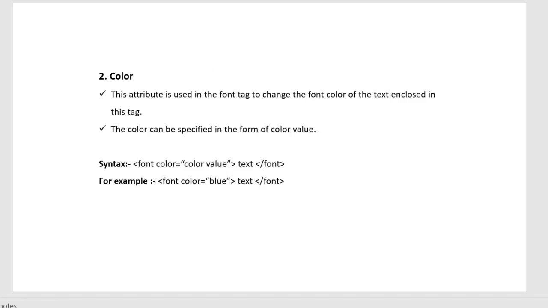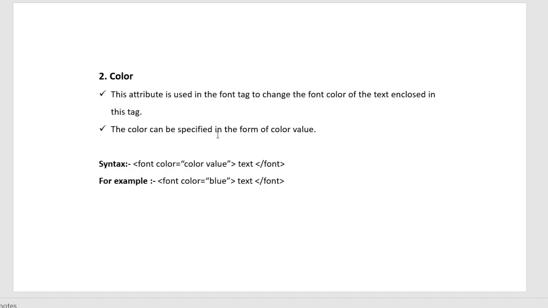The next attribute of this font tag is color. Color is simply used to change the color of your text. This attribute is used in the font tag to change the font color of the text enclosed in this tag. In this tag, you can write any color name and the color of your text will be changed. The color can be specified in the form of a color value.